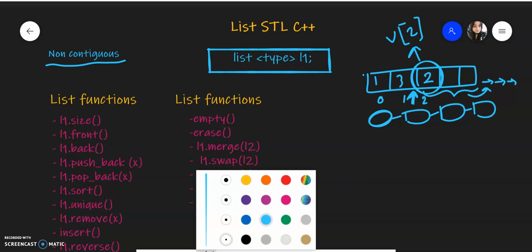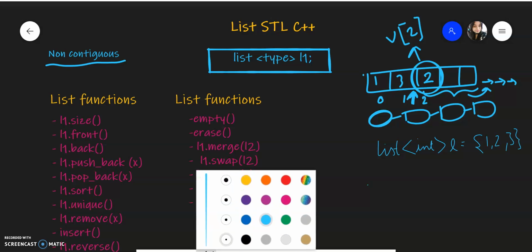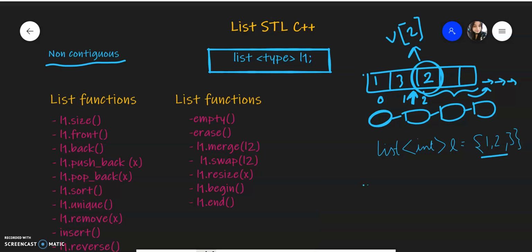You can also check out the vector video for other kinds of declarations. For example, if you just want to initialize it, you can give something like 1 2 3. It will create a list of 3 numbers and add 1 2 3 to it.